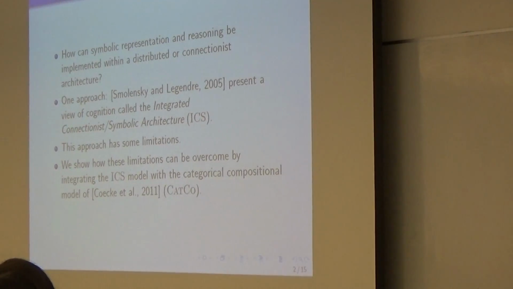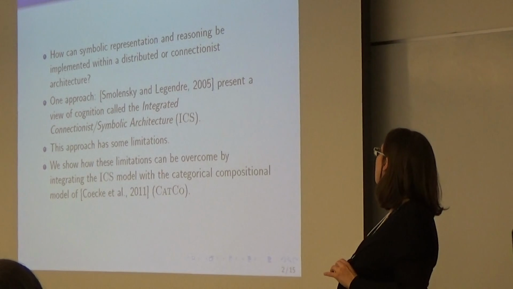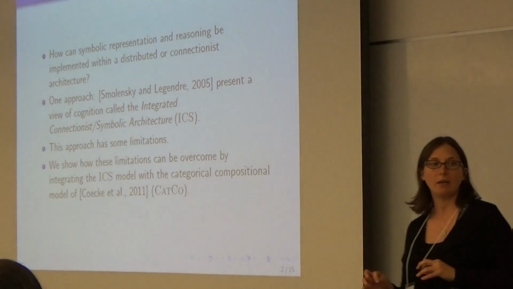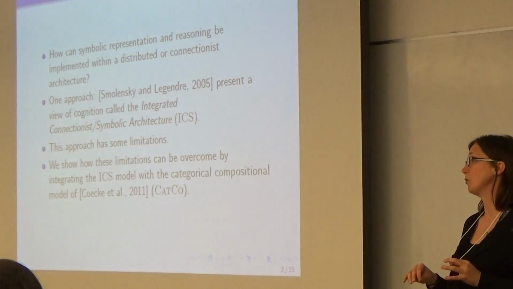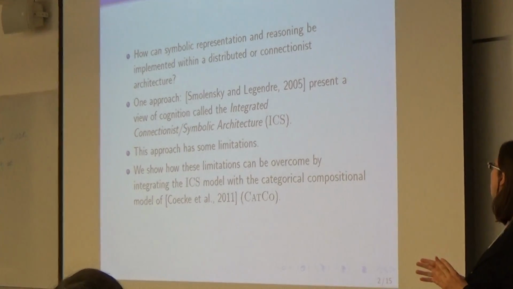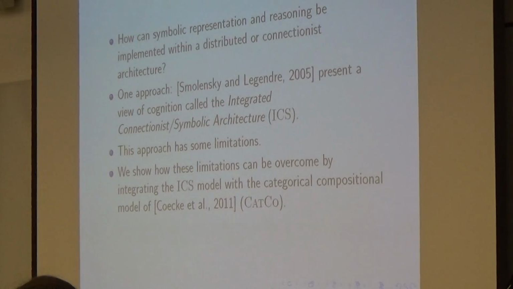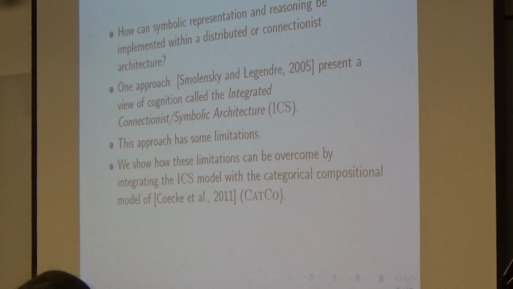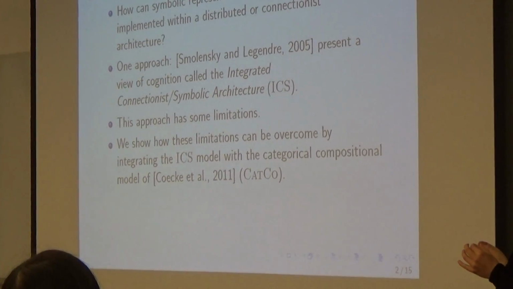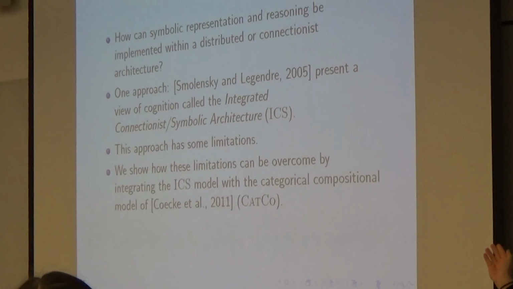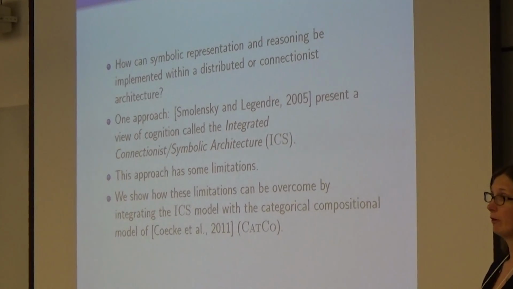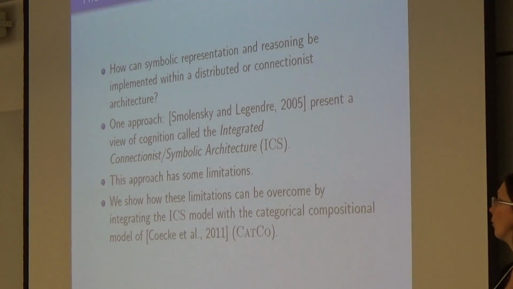Okay, so the main question that I want to look at today is how symbolic representation and reasoning can be accommodated within some sort of distributed or connectionist architecture. And we're going to look at these two different approaches. The first one is by Smolensky and Legendre, and they have this view of cognition that they call the integrated connectionist symbolic architecture, which I'll call ICS. And this approach does have some limitations, which I'll go over in the course of the